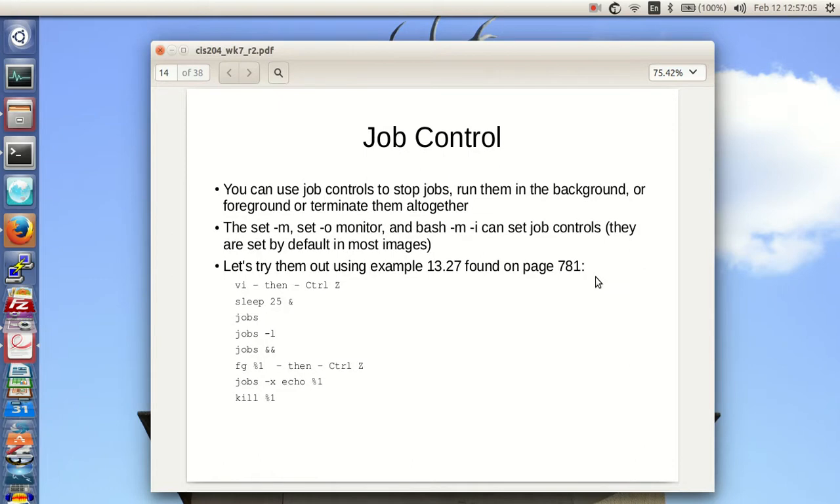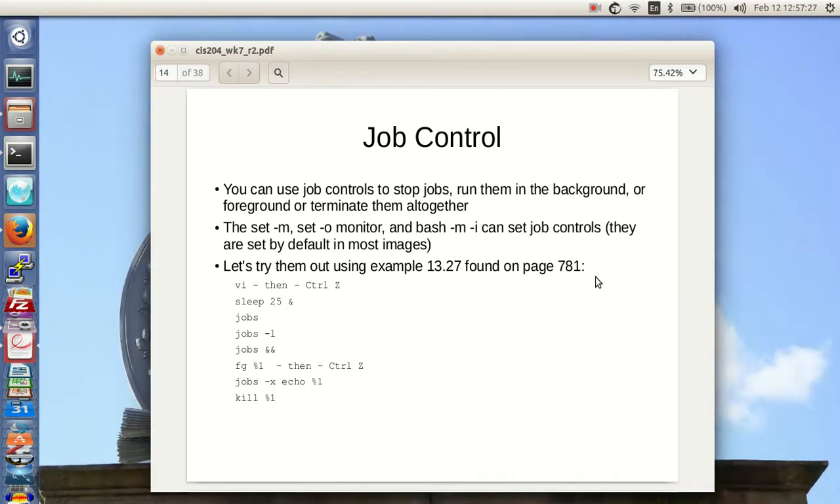Job control. Well, you can use job controls to stop jobs, run them in the background, or bring them into the foreground, which we just saw, or terminate them altogether. You can use set -m, set -o monitor, and bash -m -i, which will allow job controls to be set. They're set by default in most images. So we can do this,